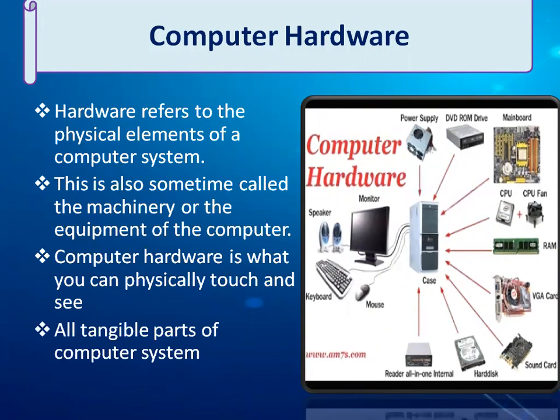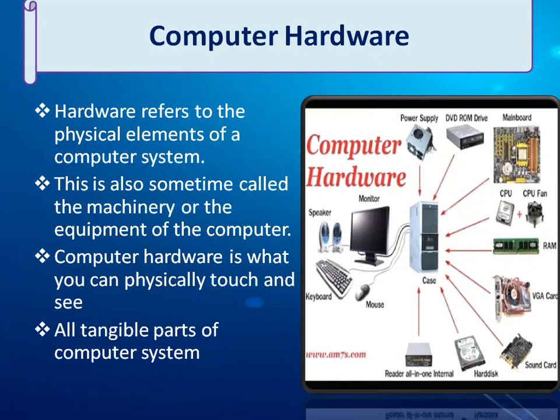is called computer hardware. So all physical components of your computer system, all physical parts which you can touch and move easily is called computer hardware, such as monitor, keyboard, hard disk, printer. They all are computer hardware. You can see here we have the list and the images of these hardware.